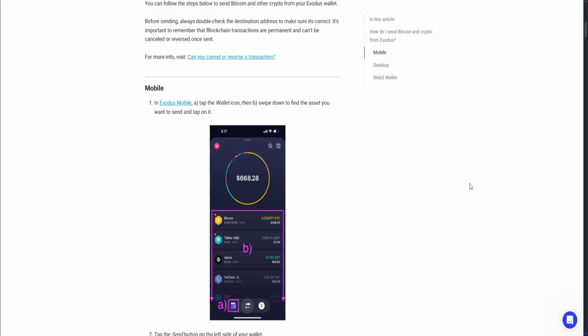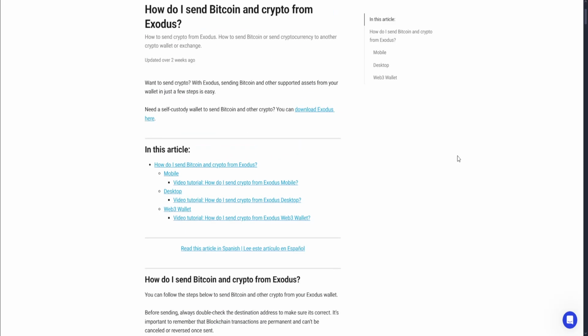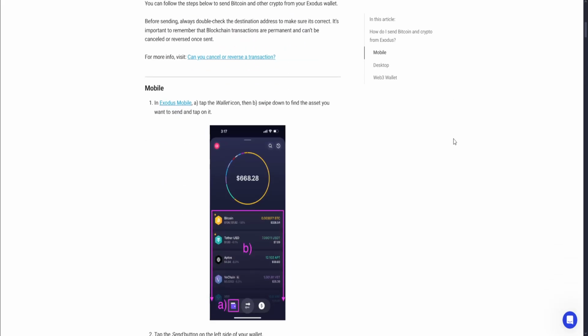How to transfer USDT from Exodus wallet to Binance. Let's get started. So in mobile, first thing you want to do is open your Exodus mobile app and then